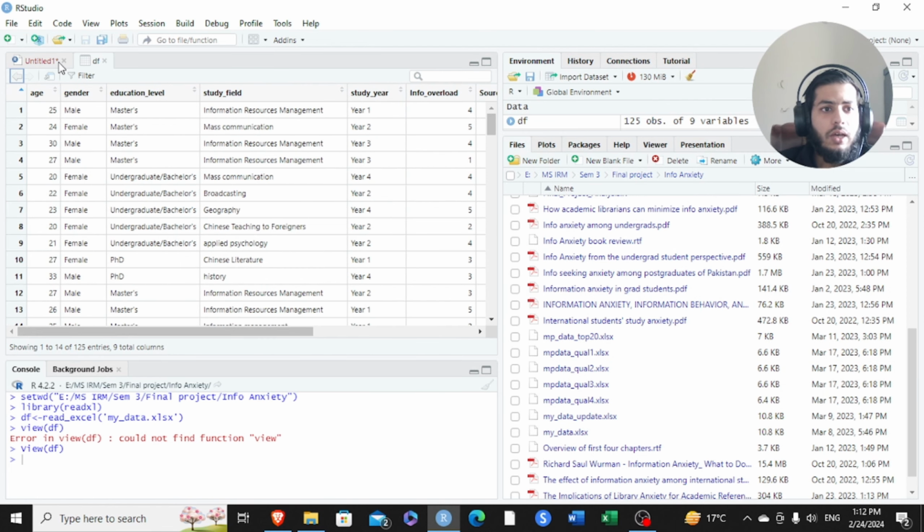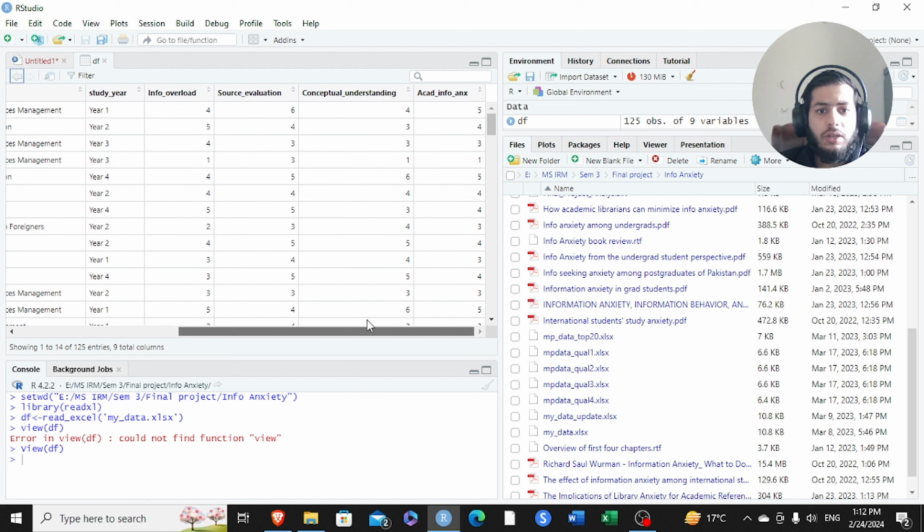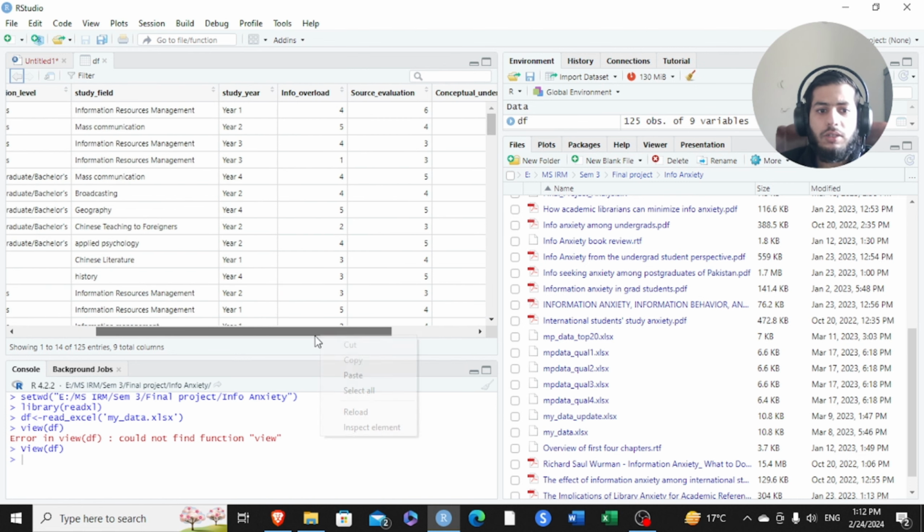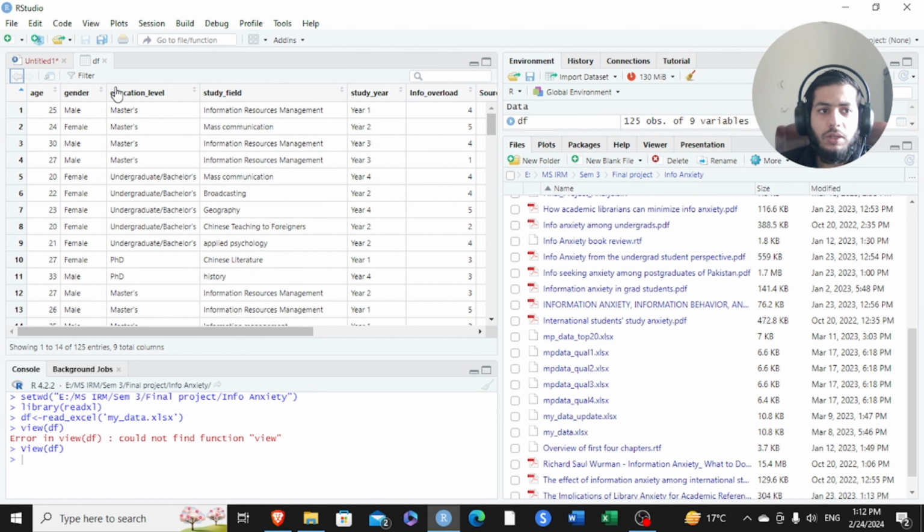Now, I need to plot a density plot. Density plots can be used for continuous variables. It's usually used for a continuous variable, but where we have like a scale, information anxiety scale, and this is academic information anxiety. We have some values. It actually ranges from 1 to 6, 1 to 7, but right now what I'm going to do is,